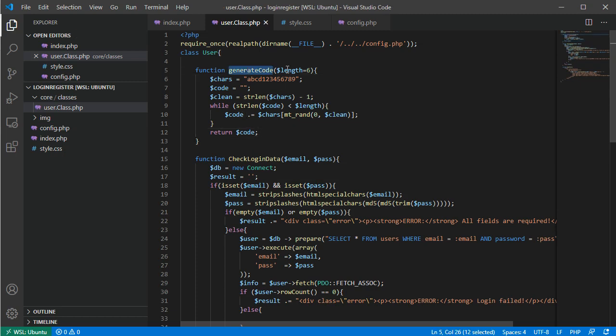So what it does, we call this function. If it doesn't have a length, it assigns 6 to the length. Here are the characters from which we create a session. So if it's 6, for example, then we have an empty string here, which is code, and then we assign the clean strlen. We assign everything to the clean. It becomes like an array whenever we assign this, and then we have while strlen the code. If it's not greater than the length, so while this is not greater than 6, then we assign